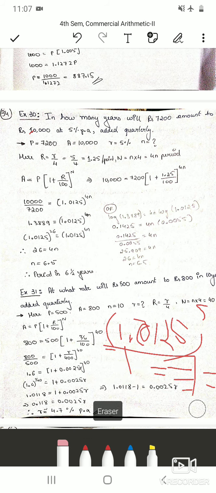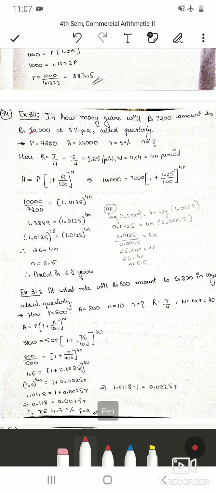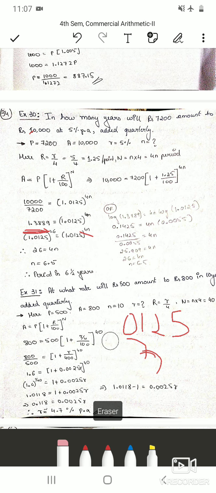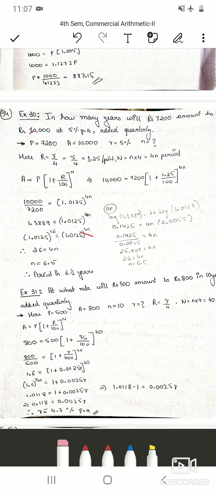So similarly, the same rule we follow to find out this n. What we have to do, type 1.0125, then press the multiplication sign, and then keep on pressing the equal to sign till you get this answer or approximately this answer. So once you get that answer, stop. So keep a count of how many times you are pressing the equal to sign. For that add 1. So this will be 25 times you have to press the equal to sign, and 1 for this multiplication mark. So 1.0125 whole raised to 26 gives you the answer.